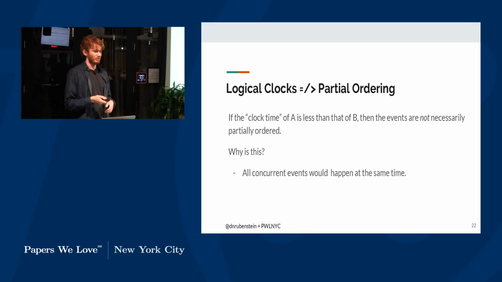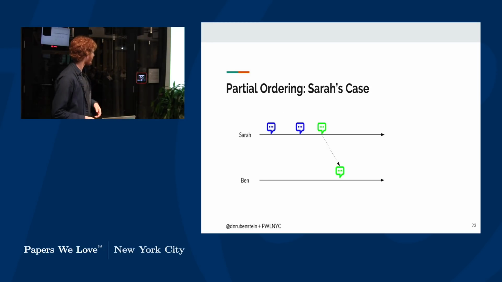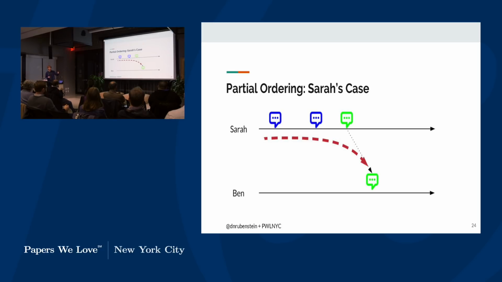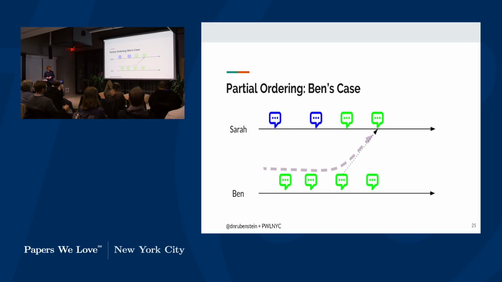So can we use this to arbitrate our social game? Let's look at Sarah. These are Sarah's events. She gets her 2 messages. She sends a message to Ben. We can follow this with this red arrow of transitivity. Hopefully, it should just follow that we have the 2 events on a single process, and then we send a message. So those events are all ordered with our partial ordering. But the same thing is true with Ben, right? So Ben also has his 2 messages, and then he sends a message off to Sarah.